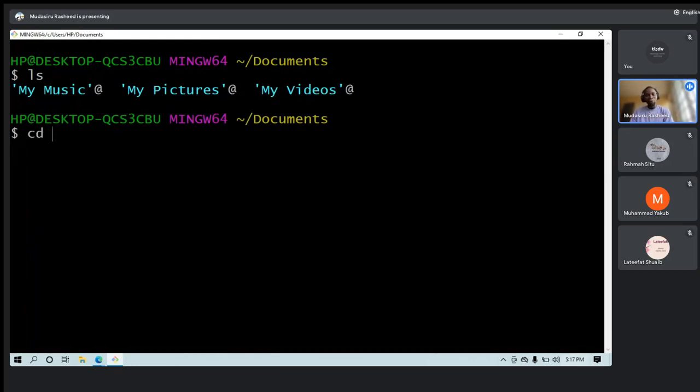Let's say for instance I want to go to my folder, my picture. For now, notice something. I'm unable to go from my to my picture. I type my and I try to push tab. There's no autocomplete. Why? Because my folder is different from other folders that we have. Why? Because it's two different names.